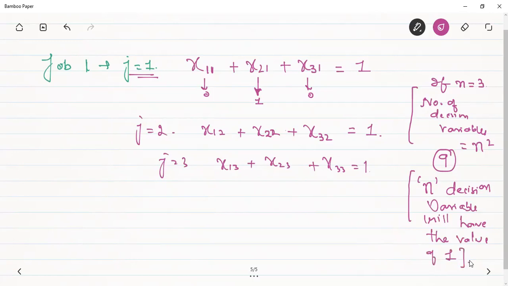I have also explained that out of 9 decision variables only 3 will get the value 1, and the rest will get the value of 0, because we have only 3 jobs, therefore we will have only 3 decision variables whose value will be assigned as 1. So how many assignments are possible? Assignments possible are only 3. So these n decision variables also represent that the number of assignments possible is